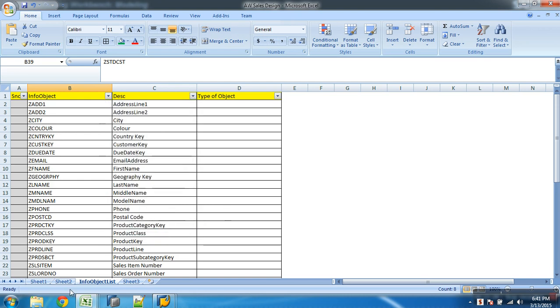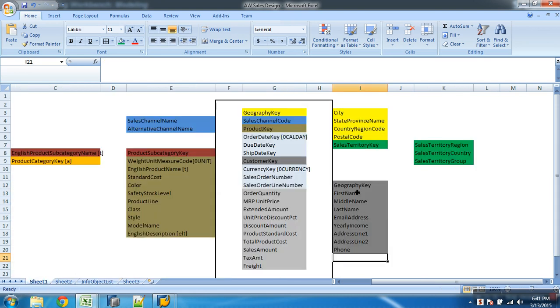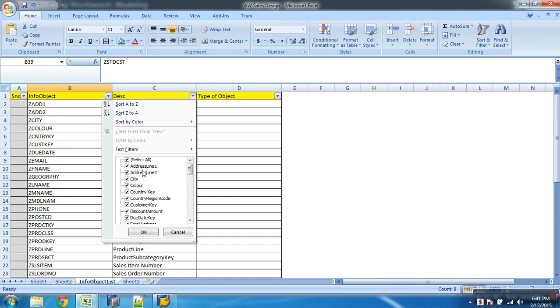Address 1, address 2, phone. There is no city in it. Last name, middle name, first name, phone, email address.